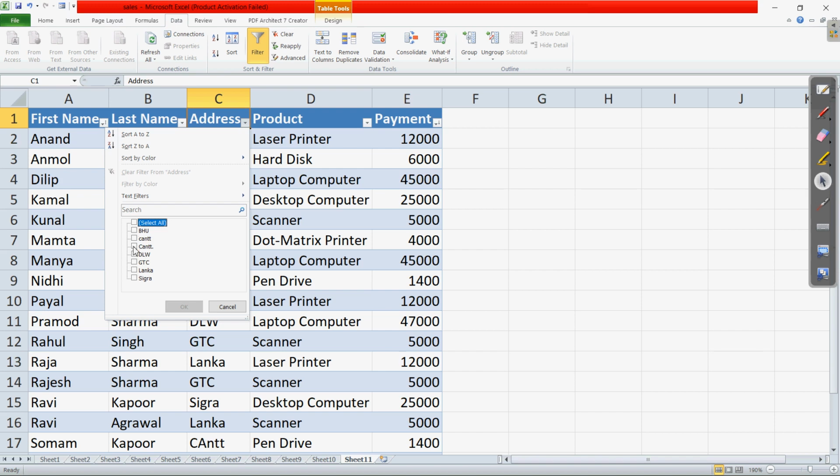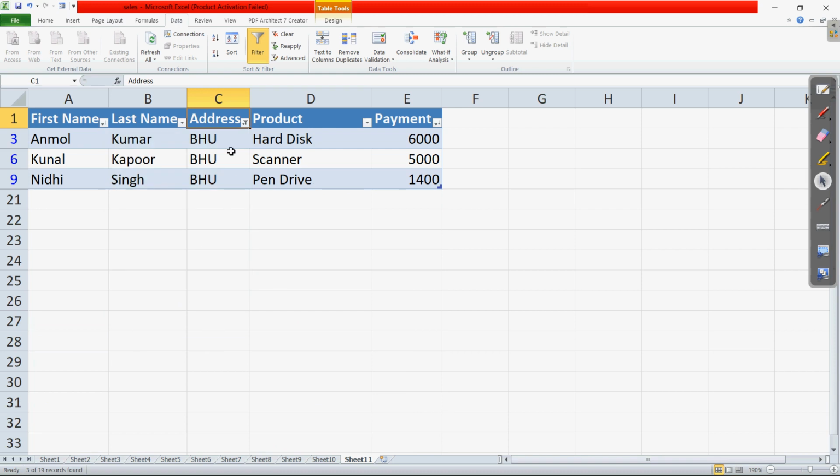Suppose we want to see a particular value like BHU in the address. If I click on the OK button, you can see the 3 records which have the address BHU. Clear? So this is how we can filter any of the values from any specific column.